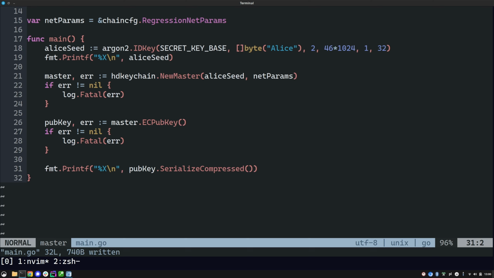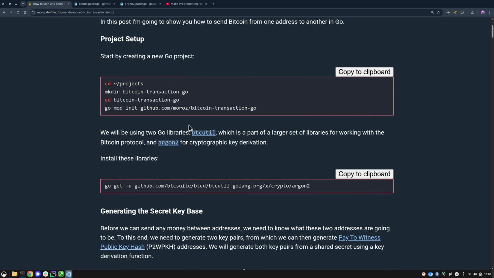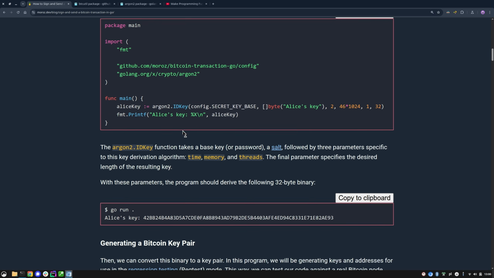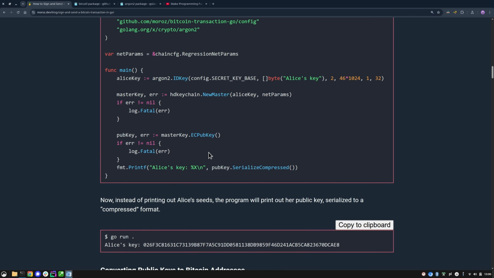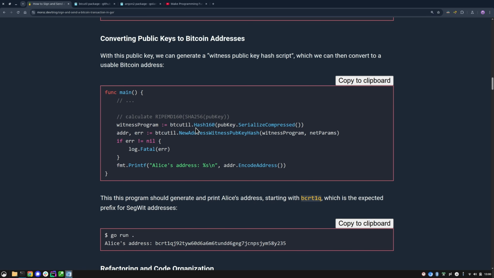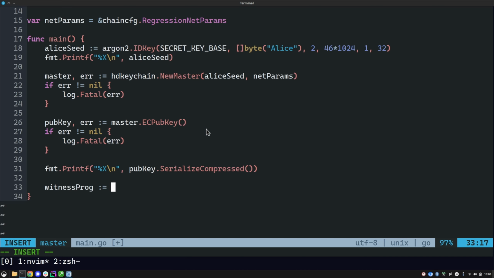Great, and based on this serialized, based on this compressed key, we can generate an address. And an address is going to be based on a hash of this public key. So I think it was called, I have to look at my notes, sorry. Yes. Okay, we're going to have to call btcutil